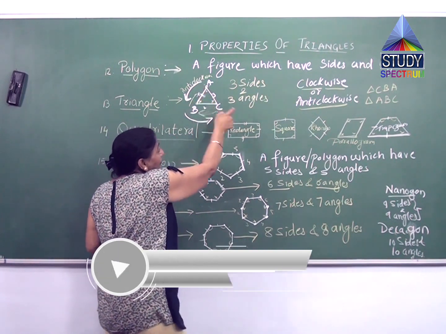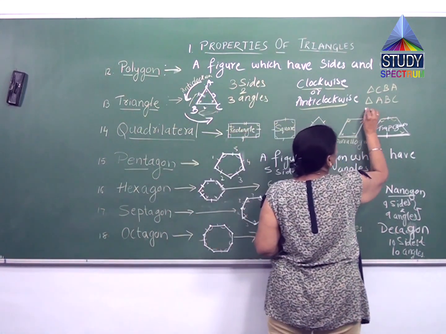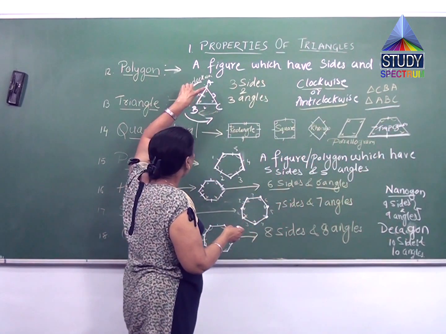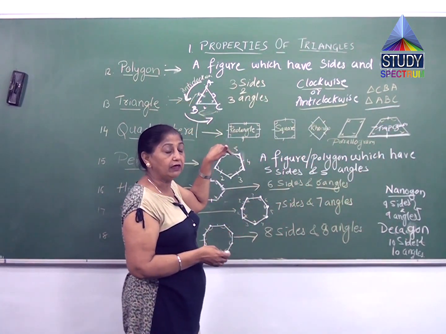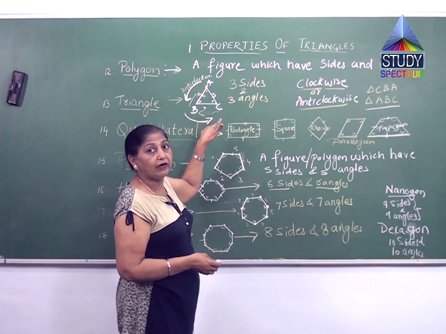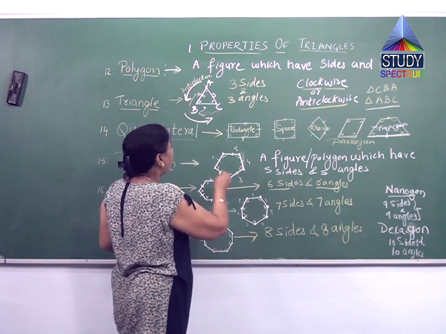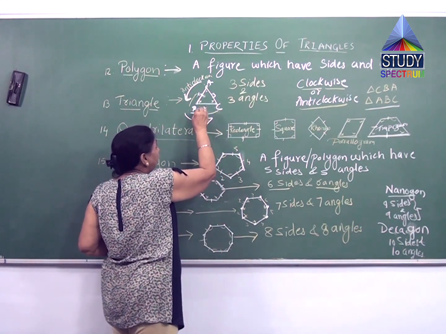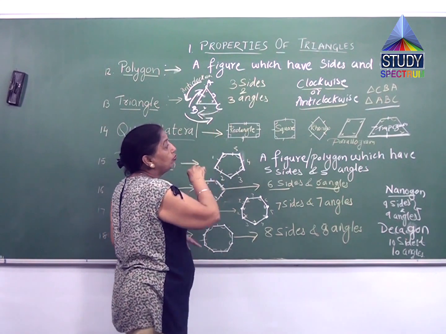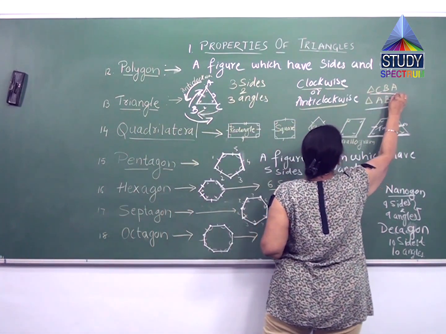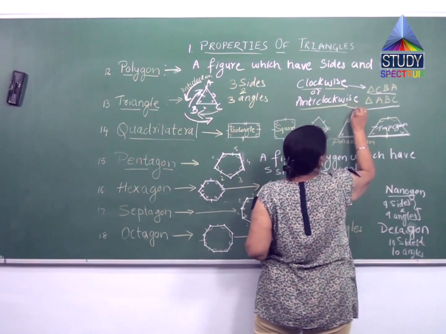So if I write, look here, triangle ABC, this name is in an anti-clockwise direction. I can write in clockwise if I want. If I start from here, C, B, A, it is exactly moving in the direction the clock needle moves. So this is known as clockwise. So CBA is a clockwise direction.